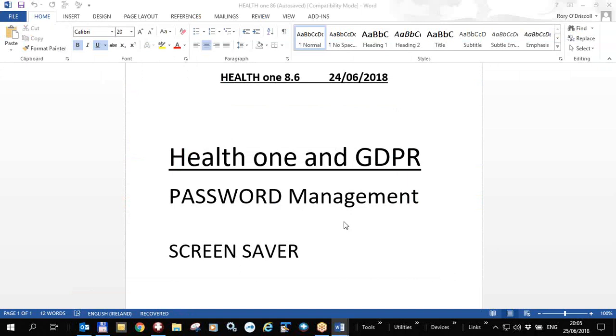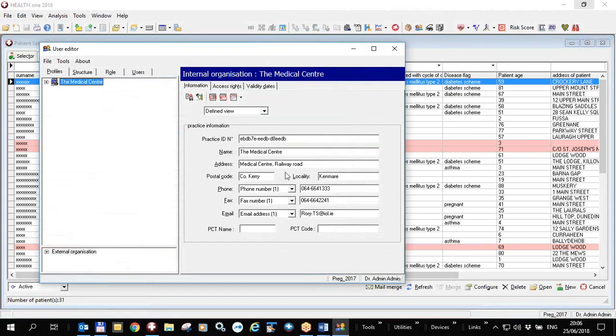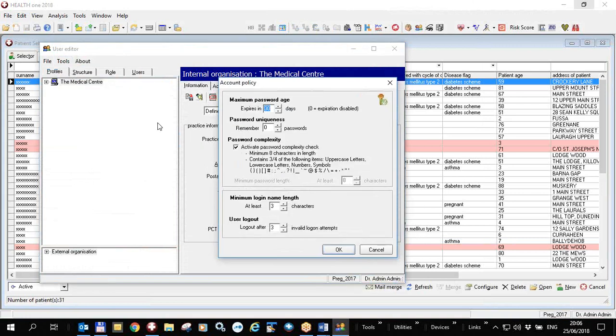To summarize what we've said, in the next version of Health One, version 8.6, we have improved the password management system to make it even more secure than it has been in the past. To access this, the administrator and only the administrator should click on the User DB button there and log in as admin. And only the administrator should know the password for this user called admin. If the administrator then clicks on Tools, Account Policy, he has a new feature here, Password Complexity,